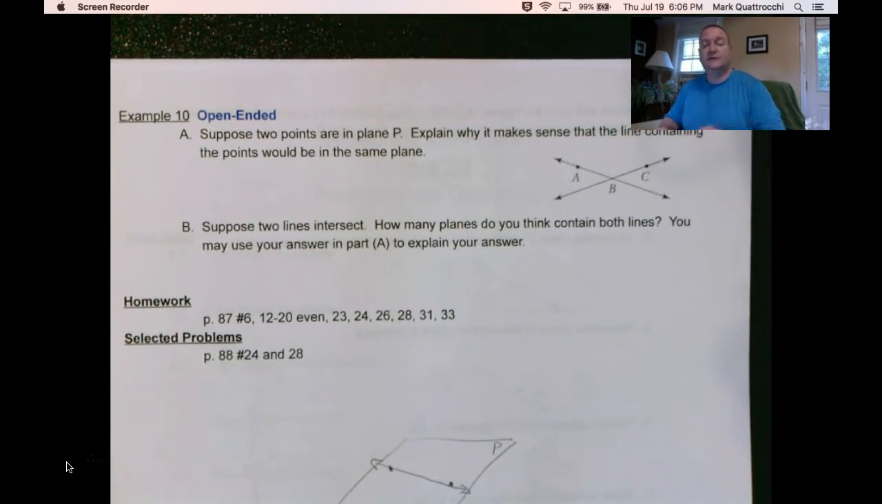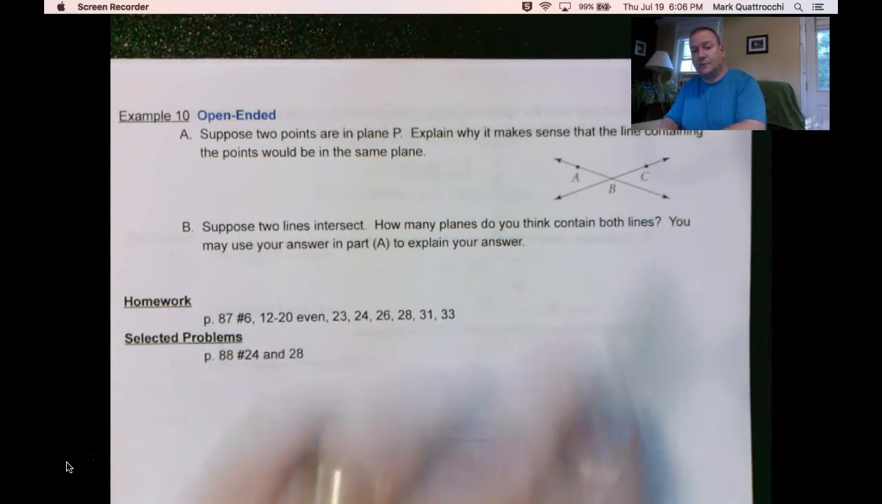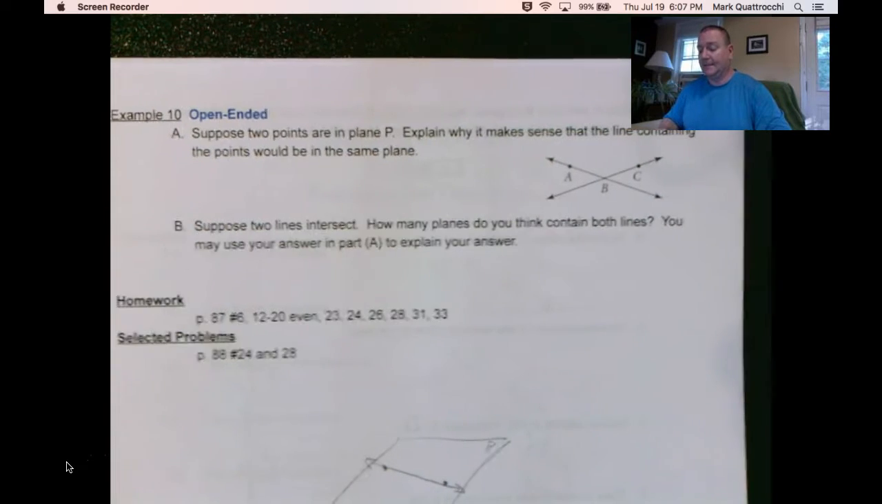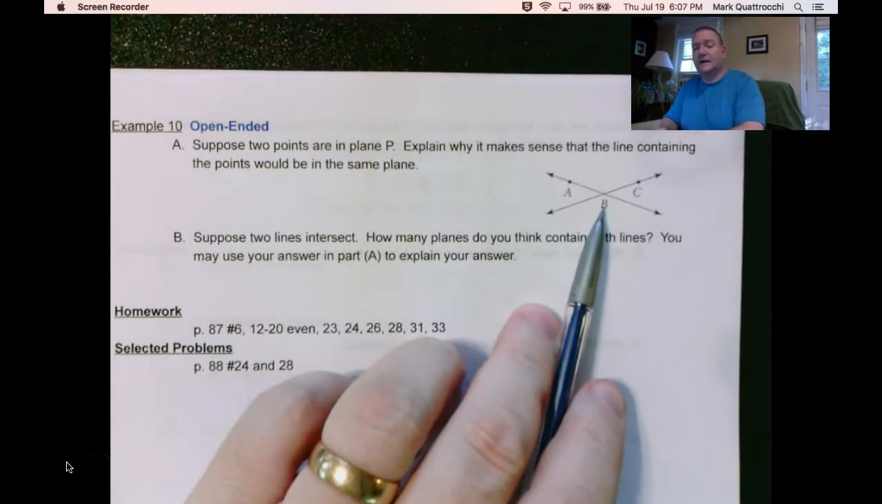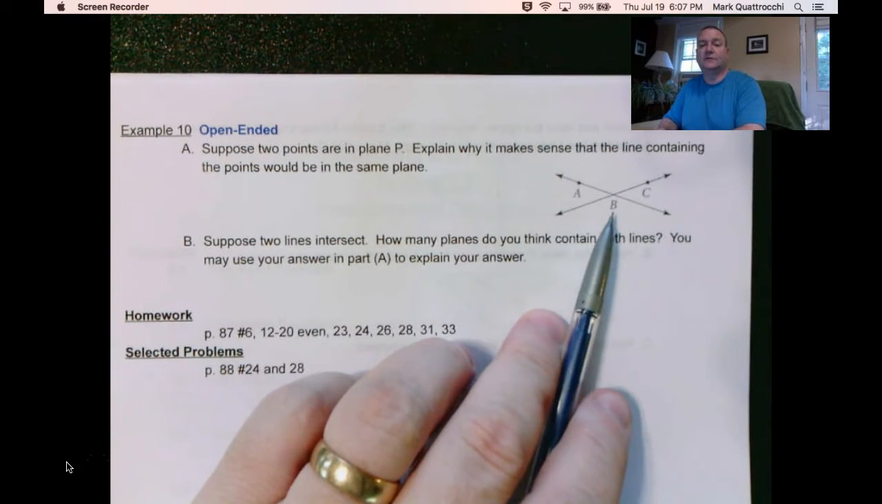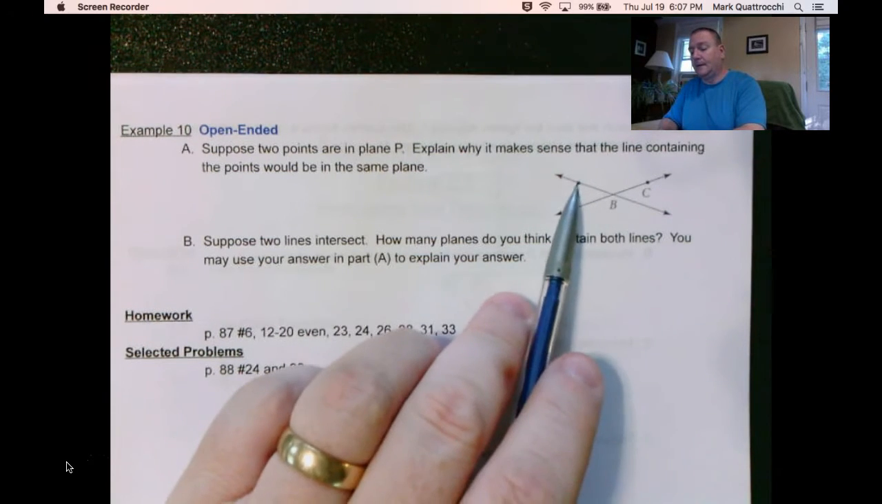Okay, part B. Suppose two lines intersect. Line AB, line BC, they intersect at point B here. How many planes do you think contain both lines? You may use your answer to part A to explain your answer. Now, I gave you this diagram on purpose to help you, to give you a hint as to how to do this problem. There's a couple things going on here. One,